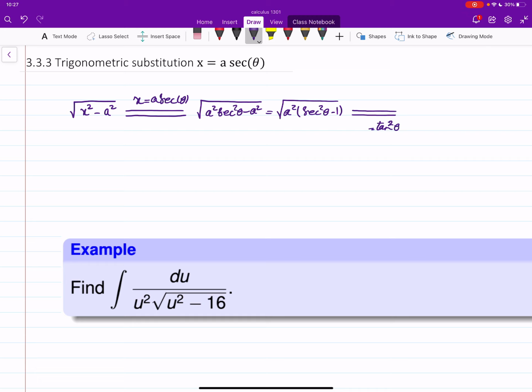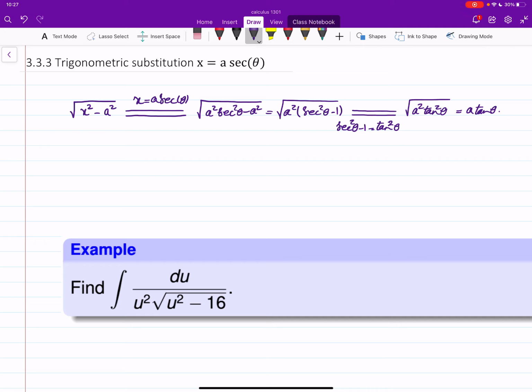This is the identity we have been using a lot. So that means that under the square root, we are going to have a complete square, tan squared theta. That way, the substitution will help us to get rid of the